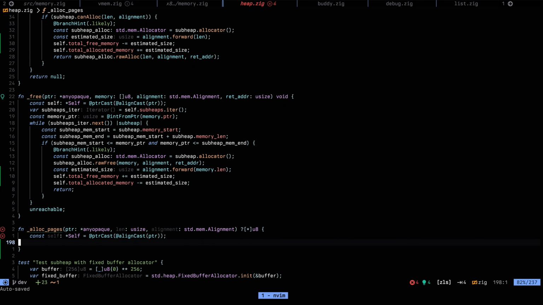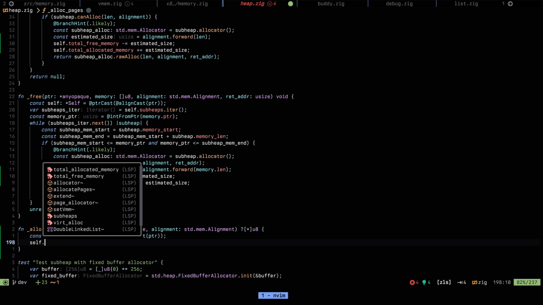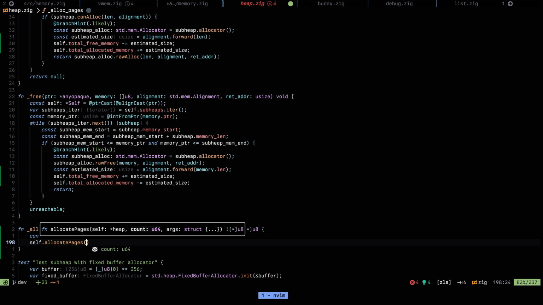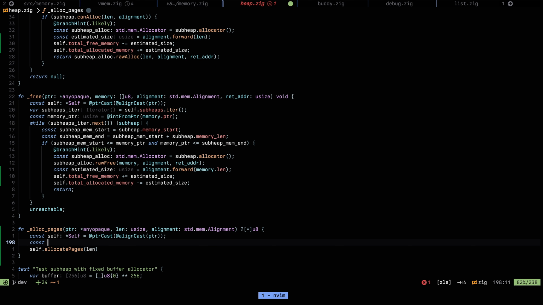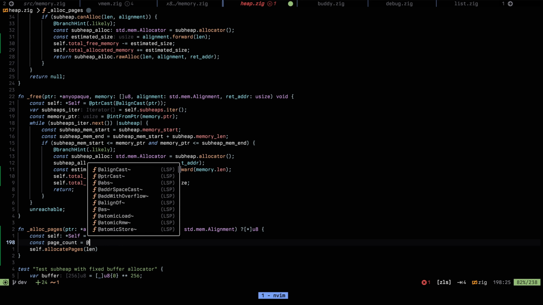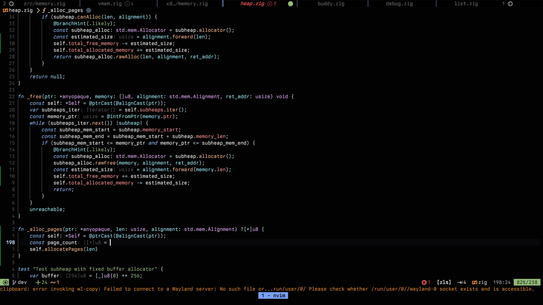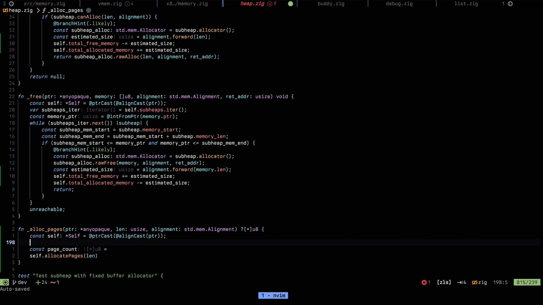Whoops, can I just find my way? Yep. So self.allocatePages takes in a count, so length. All right, so let's go here. Thinking, yeah, so let's go for page count is len divExact. divExact would panic. I don't want to panic. I just want to